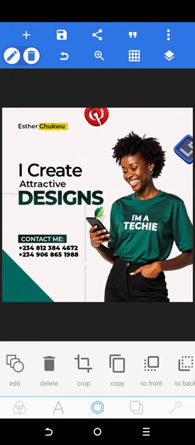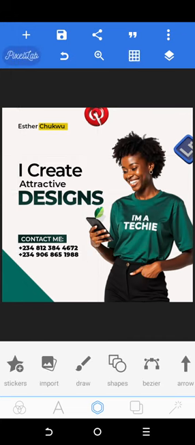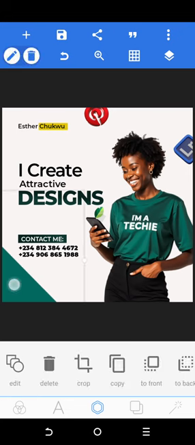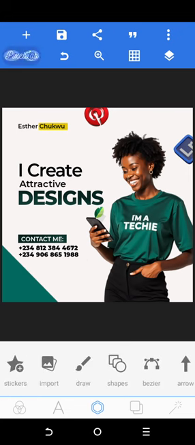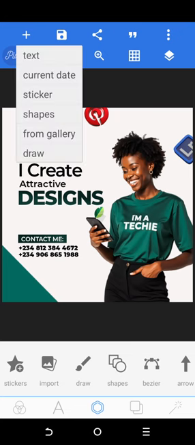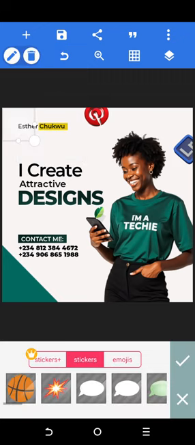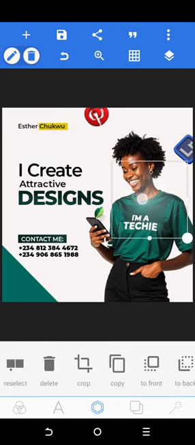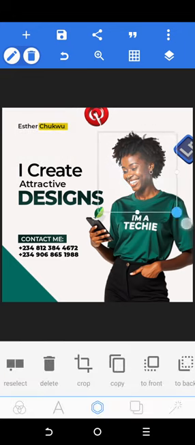So you can use this, or you can still go ahead, because I don't want this to be too long. So you can use this, or you go ahead to add some touch. So I can decide to add a flare effect. So I'll go to plus, go to sticker. Something is already here. So once you tap outside, it has appeared. So I'll just add a flare effect to this,